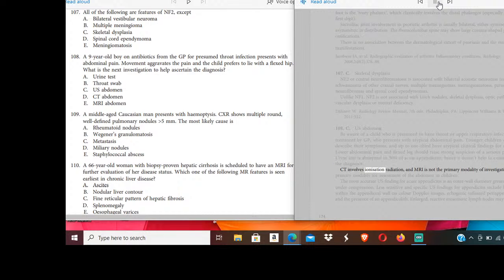CT involves ionizing radiation, and MRI is not the primary modality of investigation. US is the primary modality for assessment of the abdomen in children. The most accurate US finding for acute appendicitis is an outer wall diameter greater than 6 mm under compression. Less sensitive and specific US findings for appendicitis include hyperemia within the appendiceal wall on color Doppler images, echogenic inflamed periappendiceal fat, and the presence of an appendicolith. Enlarged, reactive mesenteric lymph nodes may be seen with